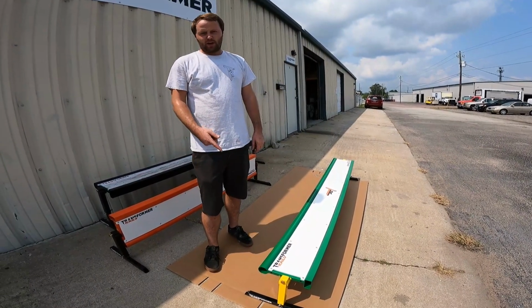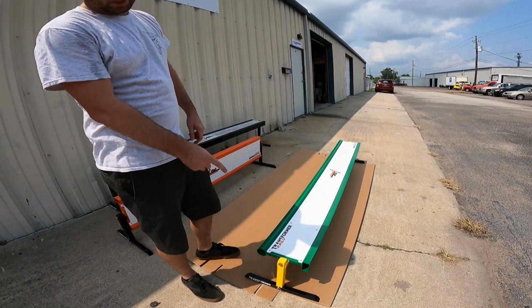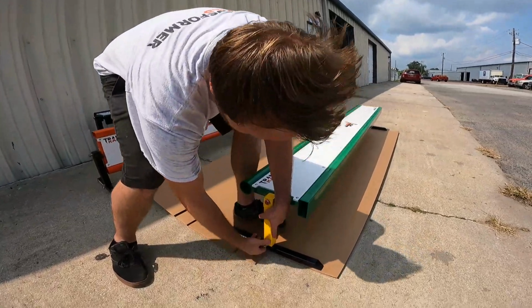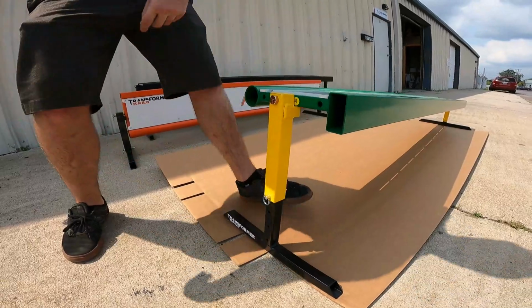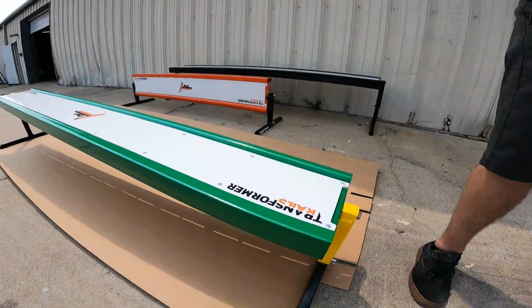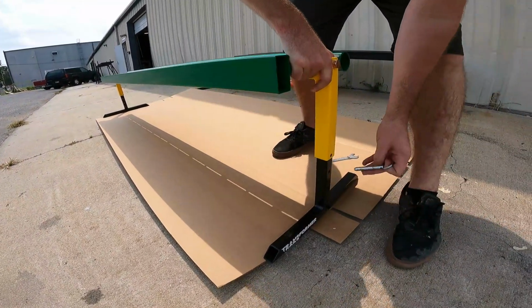Tight. So once you got the rail in the bench position here, you got 4 height settings. Your lowest height setting, which is what it's at now, is 12 inches. Your highest height setting is going to be 18 inches. And of course you can use it in the angled position like this. So if we go up on our other end here,